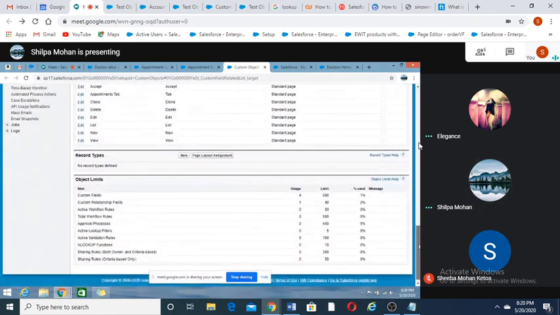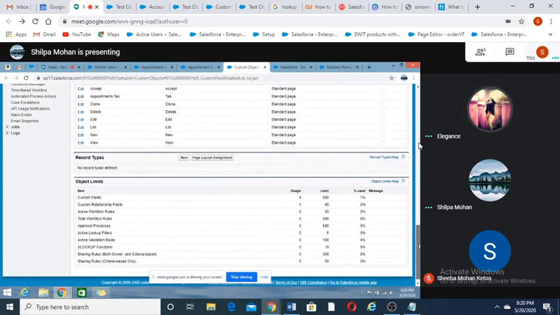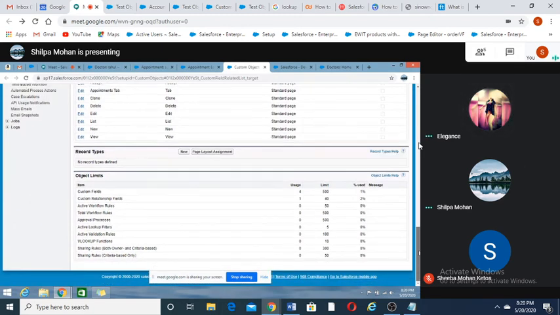Okay, so at the ending it's given here. Object limits, custom fields, how many we have created? 4. And the provided limit is 500. Then custom relationship fields is 40.